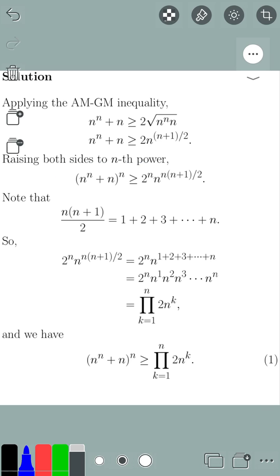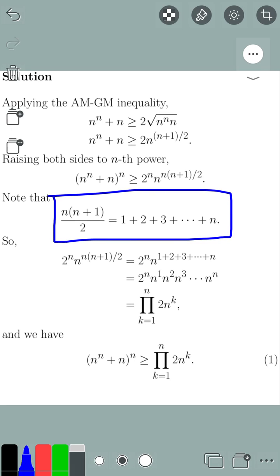And note that n times n plus 1 over 2, the power of n here, is equal to 1 plus 2 plus 3 all the way to n. So n times n plus 1 over 2 is simply the sum of the first n positive integers, the first n natural numbers. And so